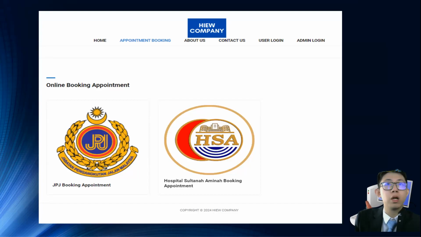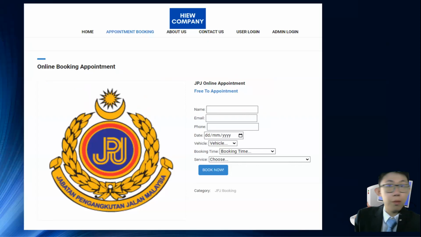So for the appointment booking, you press it and then choose between two options: JBJ booking and the hospital Sudamina booking appointment. I will proceed with the JBJ online appointment first. JBJ online appointments allow the user to register a booking appointment. Firstly, you need to write the name, email and phone, and then the date you need to